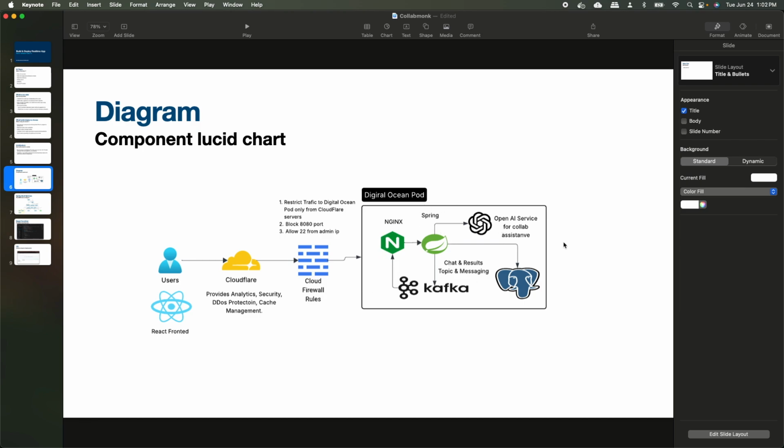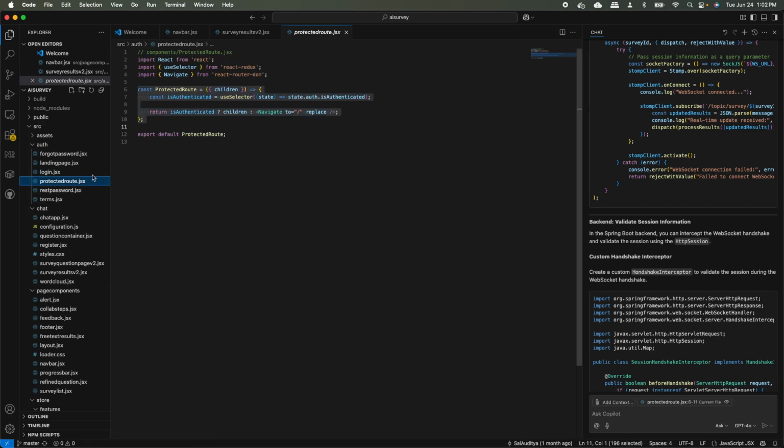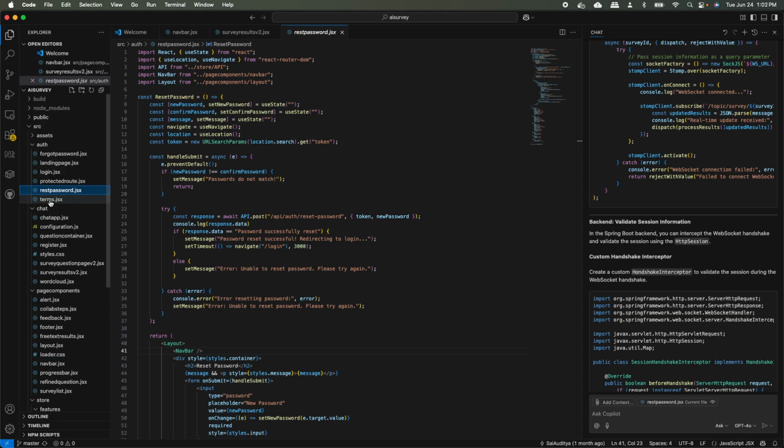And put everything inside your DigitalOcean using nginx, and I have Kafka and Spring Boot as backend, and OpenAI to talk to my OpenAI services, and then the Postgres to basically store my data. So that's it, and we can quickly go through the front end. I think front end kind of code is pretty much like a React code. So we have different components, like forgot password is a different component, landing page is different components, login page is different components, and we have some protected routes, authenticated routes, and